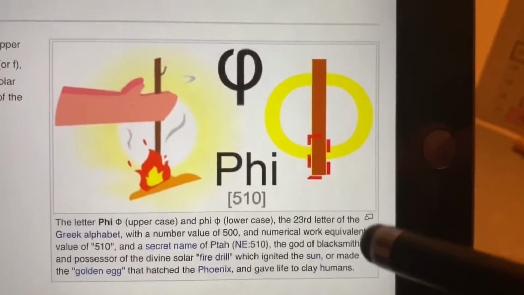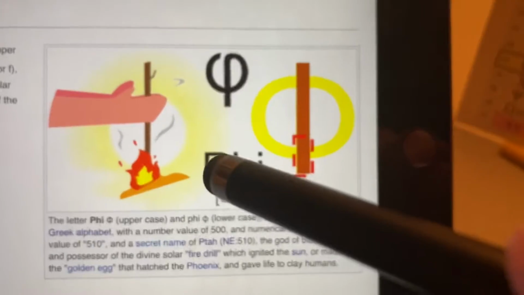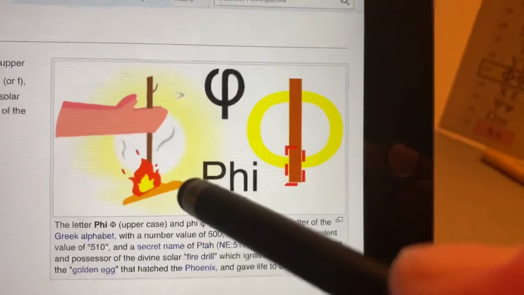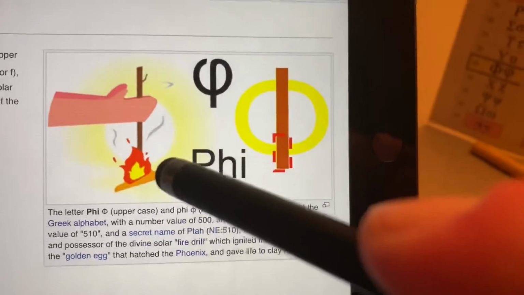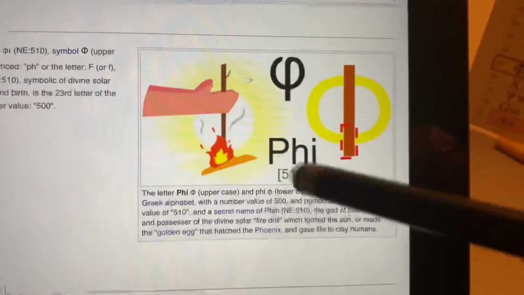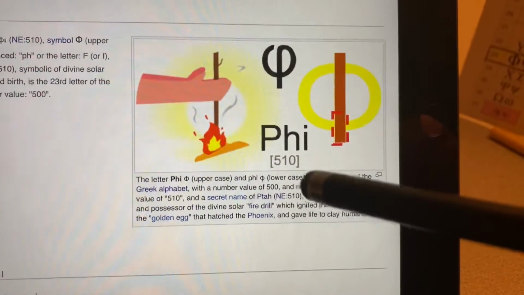So Phi is representative of Ptah making his rubbing the body of the stick of the log here is the body of Ptah, and he's making his solar flame. This is the origin of the Greek myth of Prometheus,